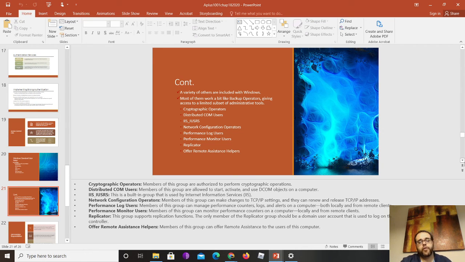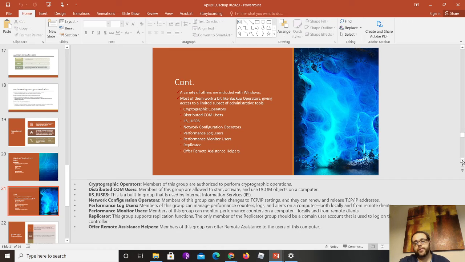You have the performance log users, a group of users that can access the performance counters, the logs, the alerts, and stuff like that. You have the performance monitor users, which can monitor performance counters on the computer locally and on remote clients. You have the replicator, which is a group for replication functions.